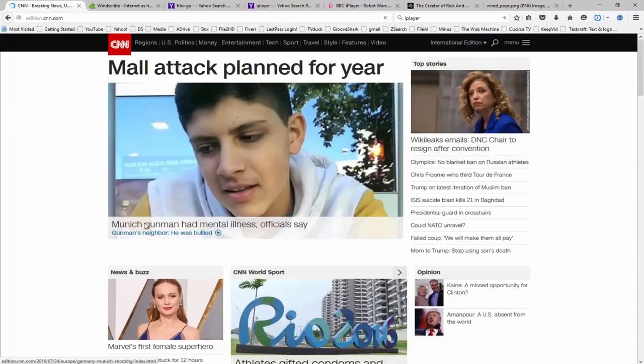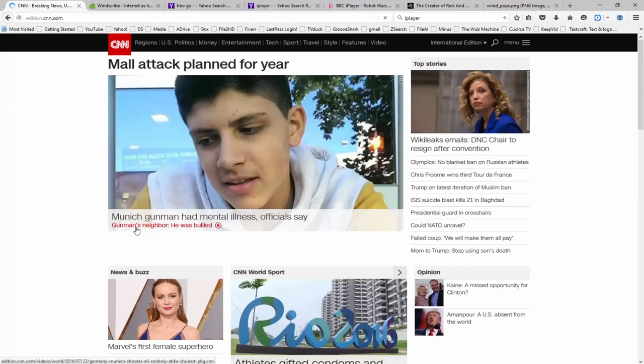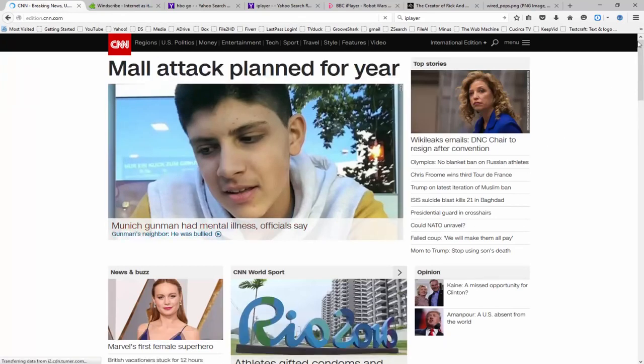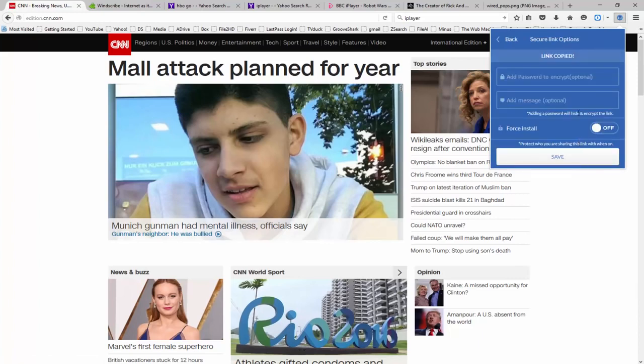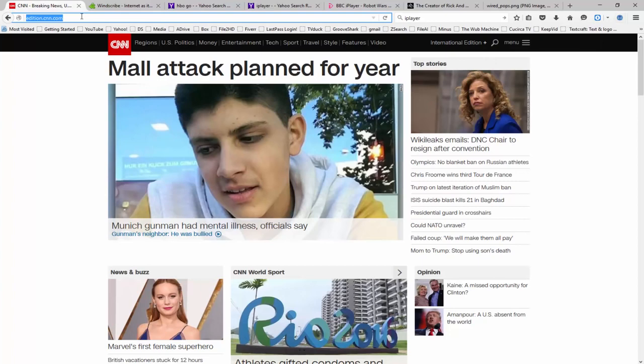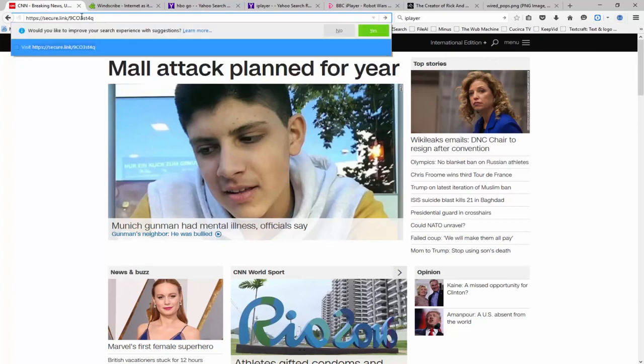So here you can see that we're on CNN.com. If we open up the Windscribe add-on in our right corner here, you can see that I'm going to have the option to copy my secure link. And if I wanted to, I also have the option to add a password or a message to that secure link. So I'm going to go ahead and enter that URL that I've just copied into my browser here